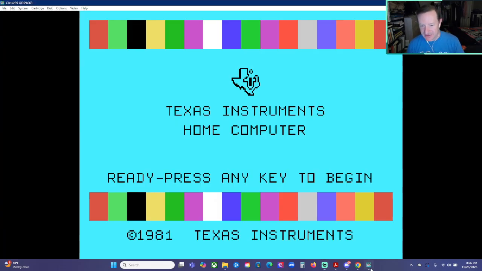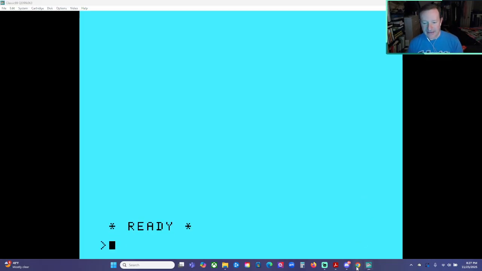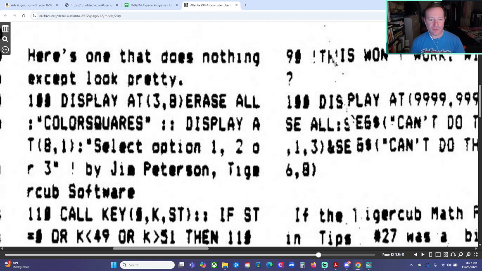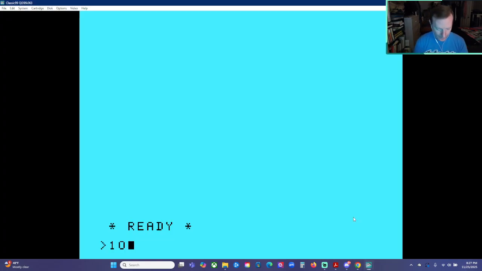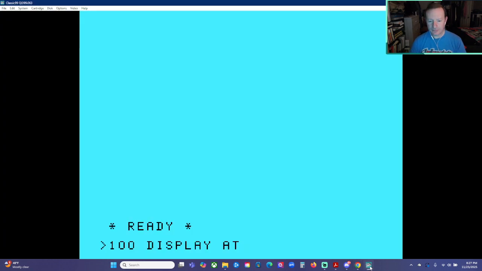Let's just get into Extended Basic. Here's the TI-99/4A start screen. Ready? Press any key to begin. Press 2 for TI Extended Basic. And let's get typing. Okay, 100, DISPLAY AT (3, 8)